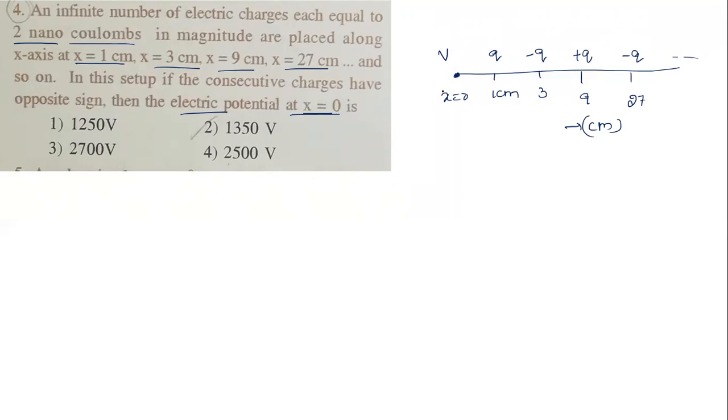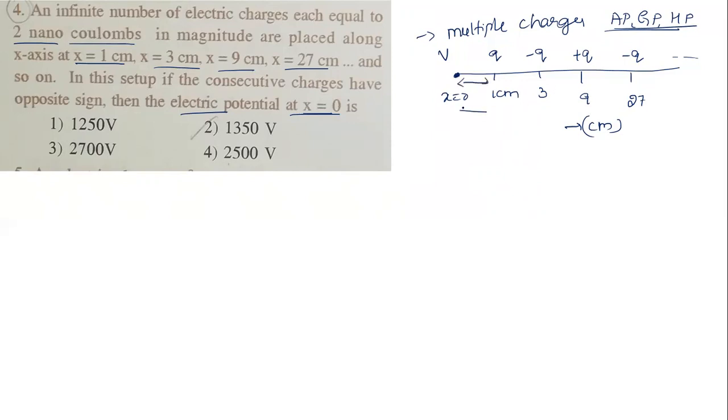So this is a potential due to multiple charges again. And you should know arithmetic progression, geometric progression, and harmonic progression. These three things will help us now. Let us see which one of these three is going to help. Let us find the potential due to all these charges. It is 1 centimeter, meaning the distance from here to here is 1 centimeter.